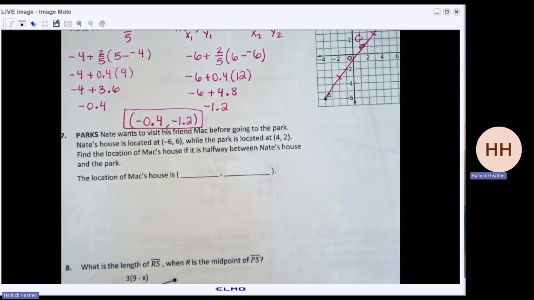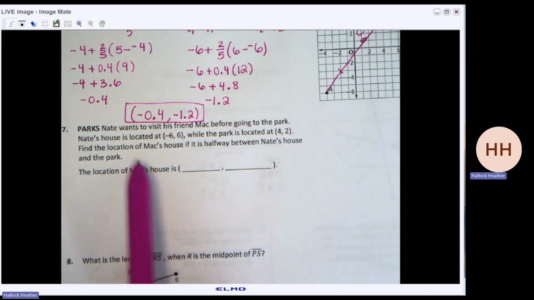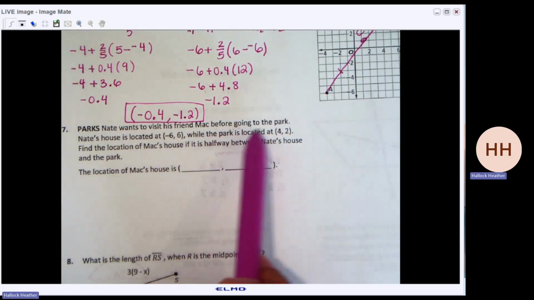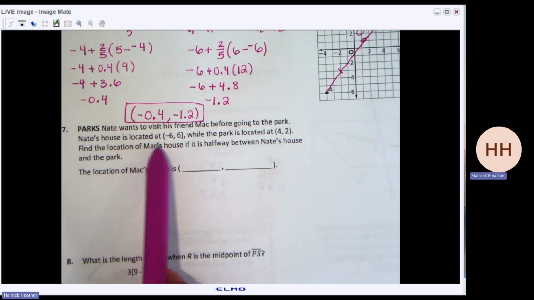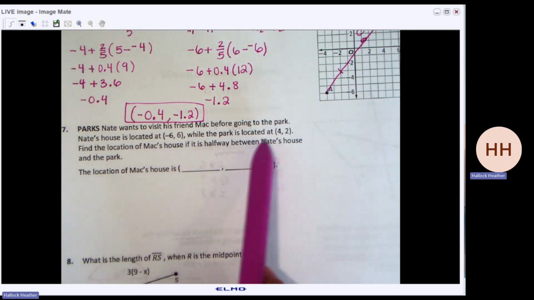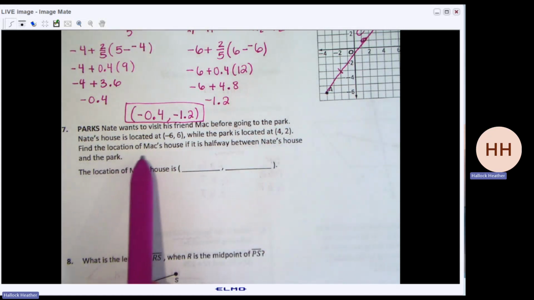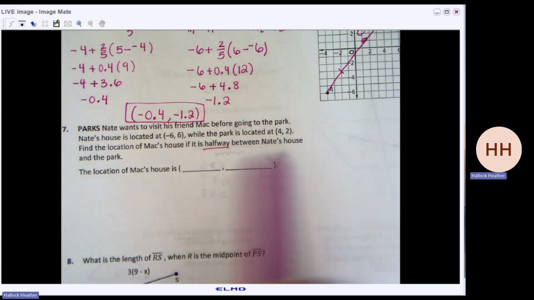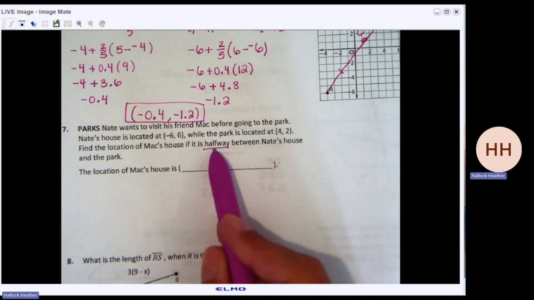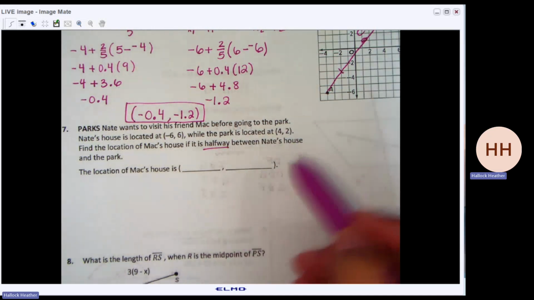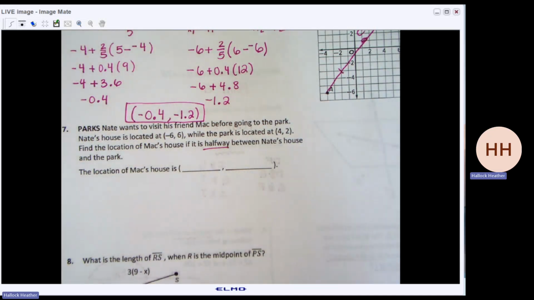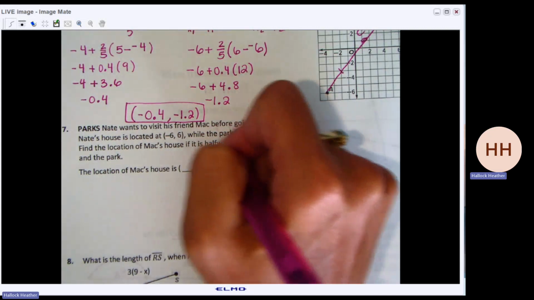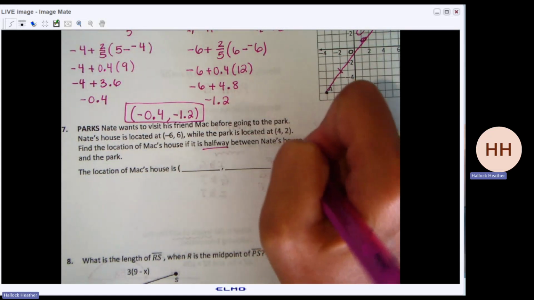Okay, next question. Question 7 says, Nate wants to visit his friend Mac before going to the park. Nate's house is located at -6, 6, while the park is located at 4, 2. Find the location of Mac's house if it is halfway between Nate's house and the park. Halfway means it's equidistant, means that it is congruent pieces. So technically halfway is going to mean the midpoint